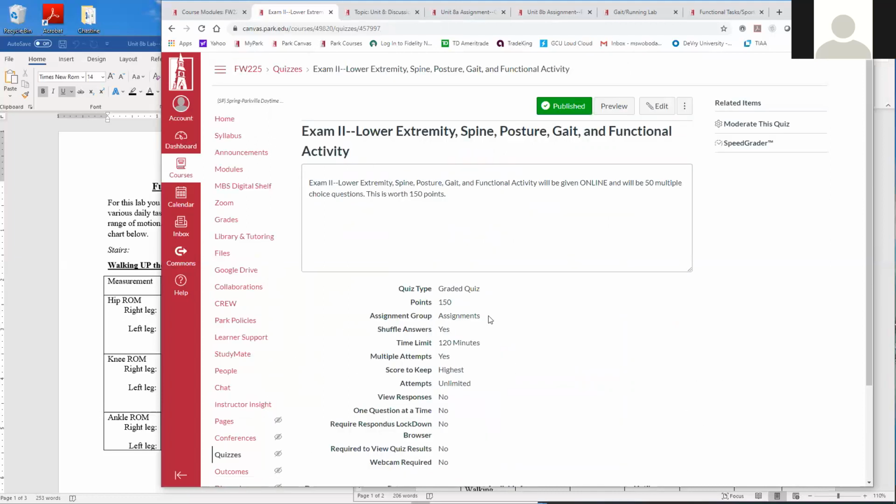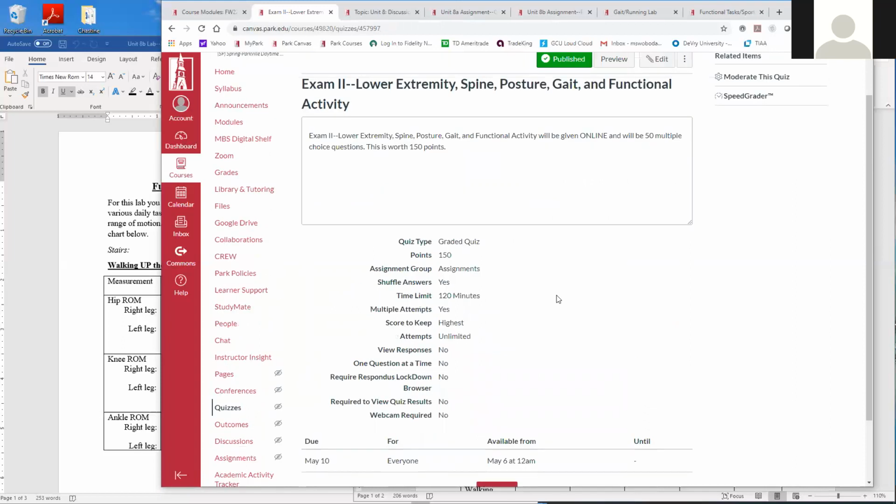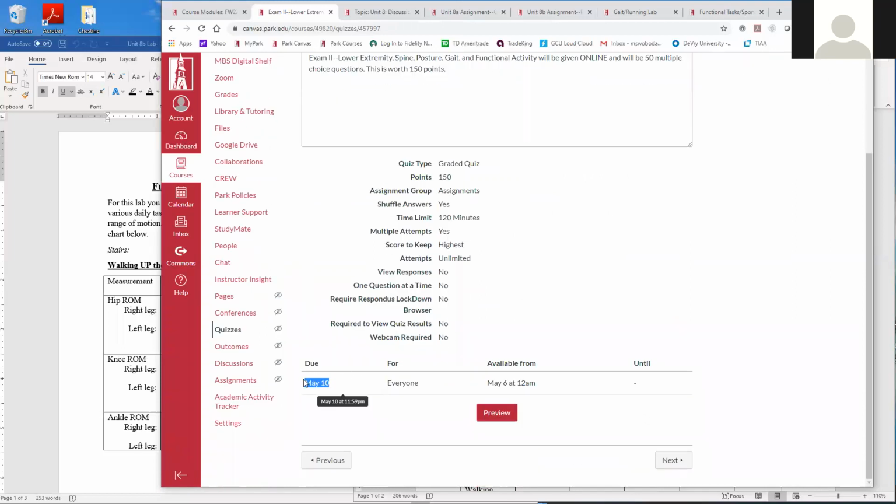This is going to be due, so your last access to it is going to be May 10th. And just a reminder that this is actually going to be on Central Time. All of your due dates, and it's not so important with the actual assignments, but with the exam it absolutely is. This is due 11:59 p.m. Central Time, meaning it's due at